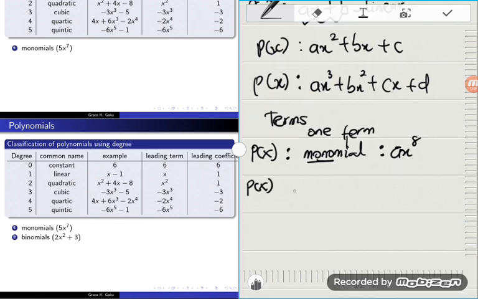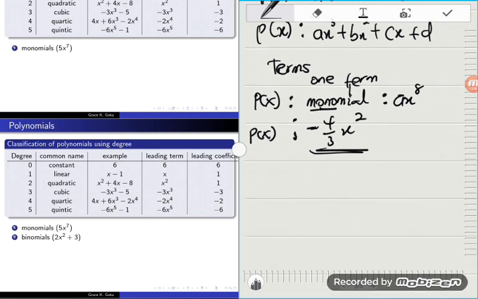So let's use real numbers. If I have P of x, it's given us negative 4/3 x to the power 2. Since this is made up of just one term, such a polynomial or such an expression is known as a monomial. If it's made up of two terms,